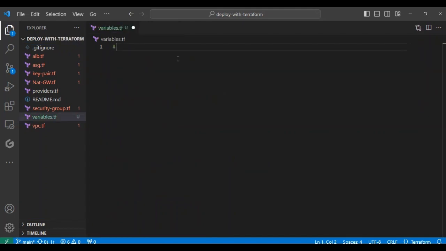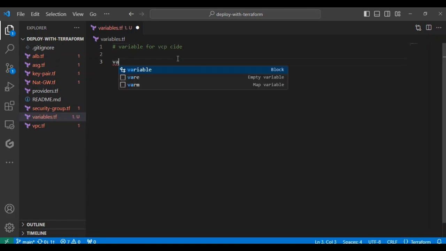So in order to start with the VPC CIDR variable, let me just comment that this is the variable for VPC CIDR. Begin by writing variable, space. Inside these double quotes, I'm going to write the name I want to choose for this VPC CIDR. Okay, I will name it this way,